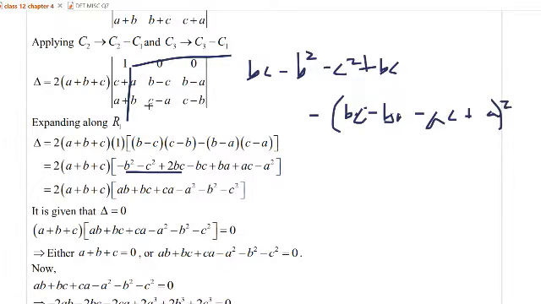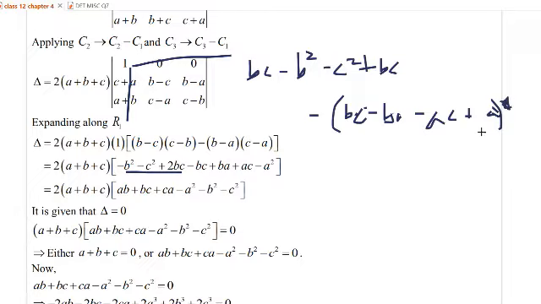Okay, BC minus BA minus AC plus A square. And now since negative is outside, therefore the signs of all these elements will change. So minus BC plus BA plus AC minus A square, right? Square is here,